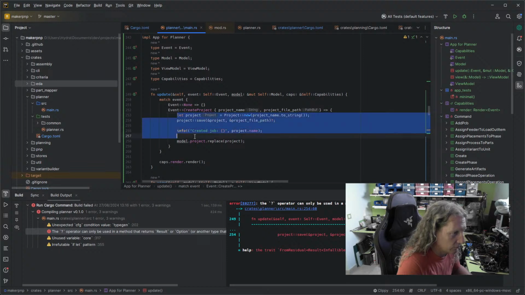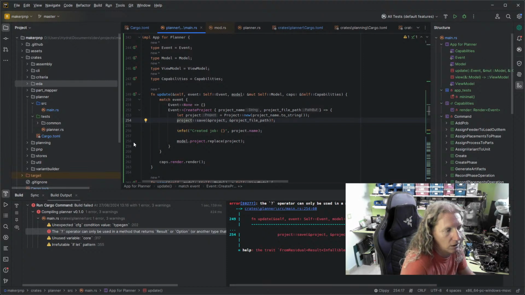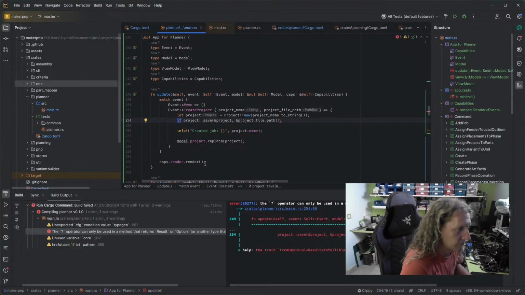Right, so this could fail. So I suppose, well, I mean, what happens to the error? What happens to the error? Like if there's an error, where does it go? Like if project save fails,